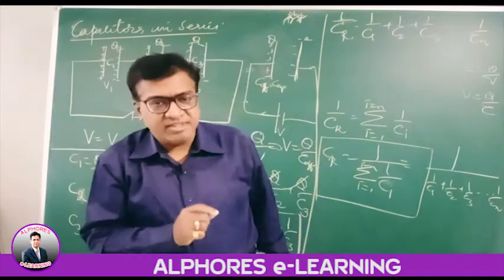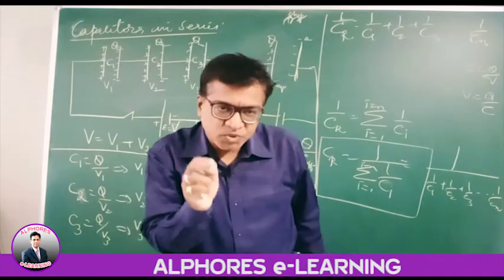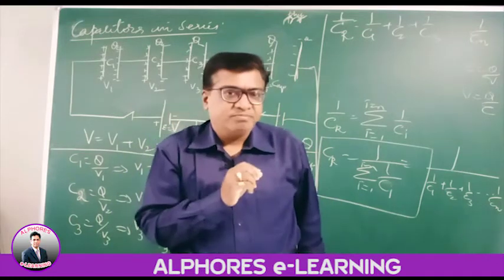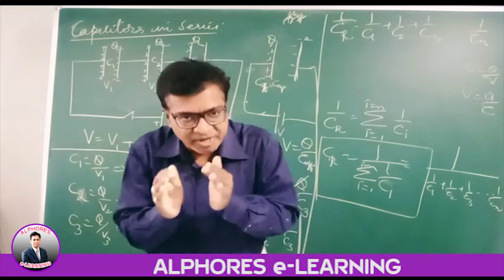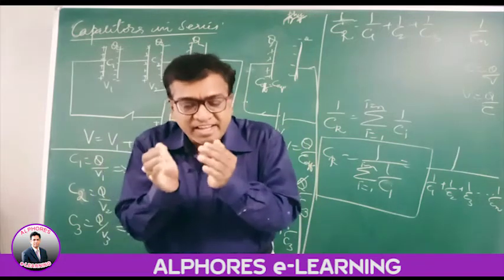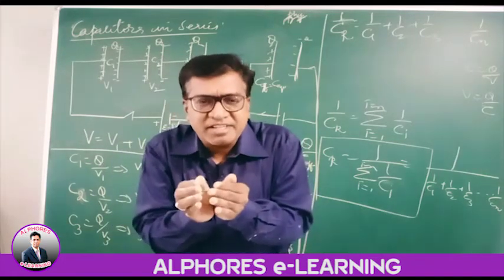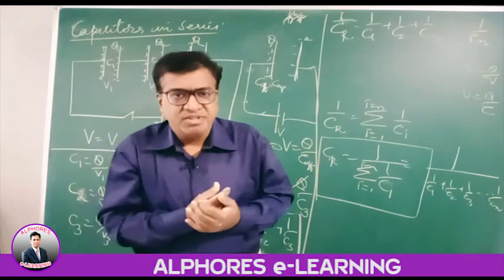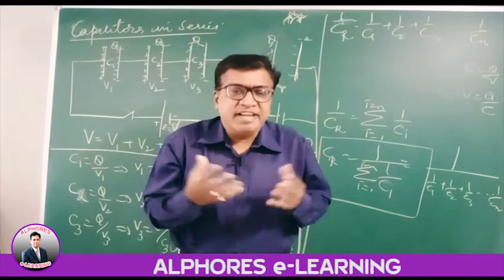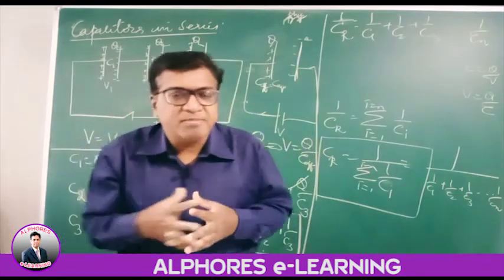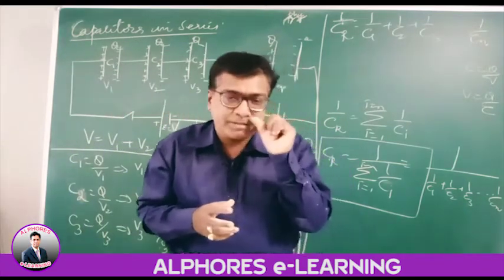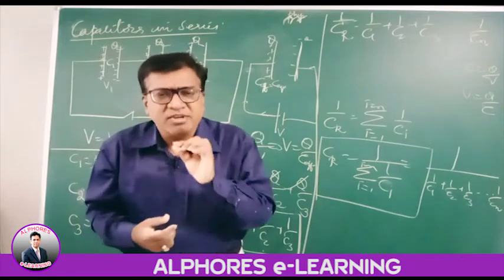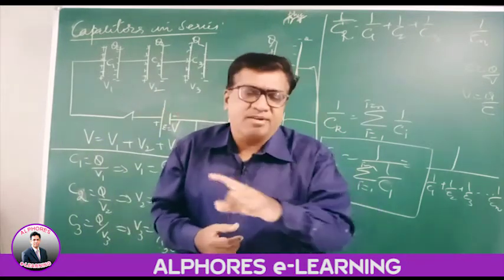First of all, a capacitor is a device which is used to store energy in the form of charge. So capacity C is Q by V. Now a single capacitor has only a very little capacity to store. If I want to store more charge or more energy, then I take a combination of capacitors. There are many possible combinations, but the simple ones are series combination and parallel combination.